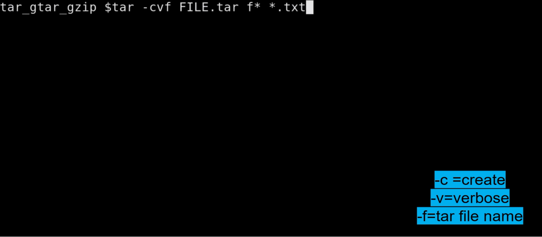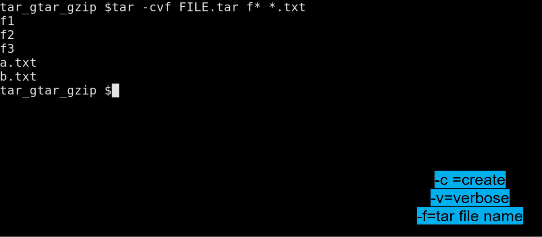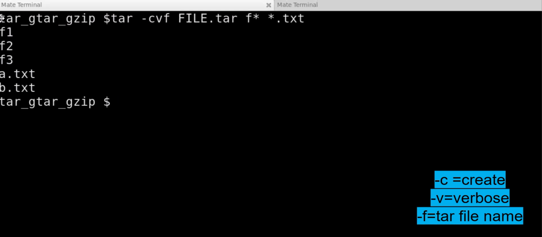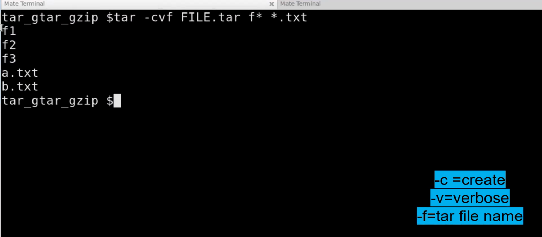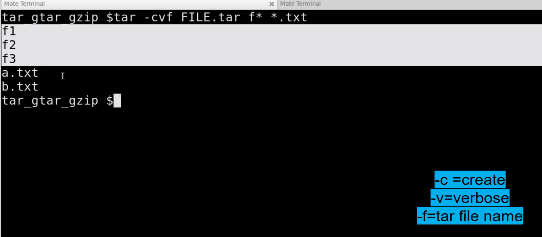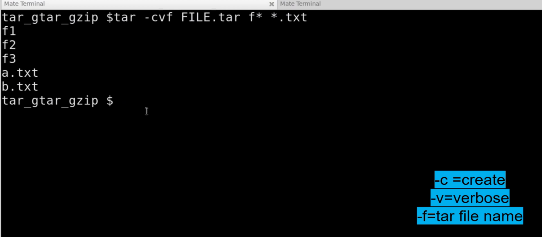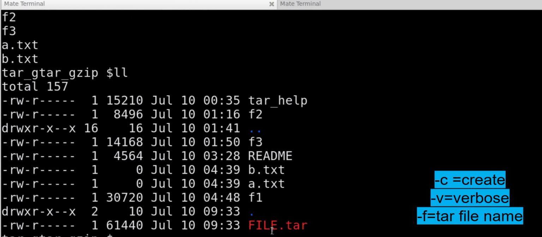Okay, let's run, and you can see these are the files for which tar has run, and we have got